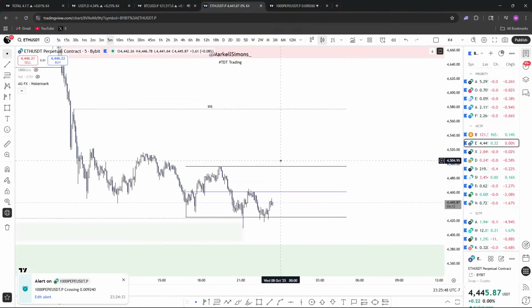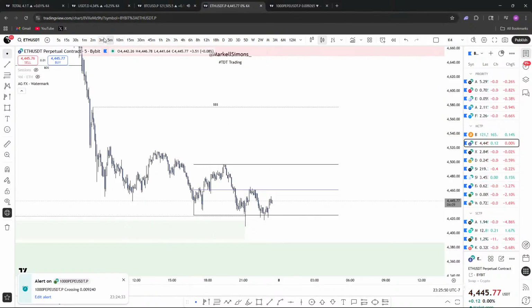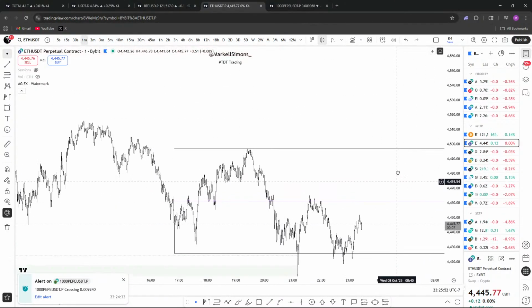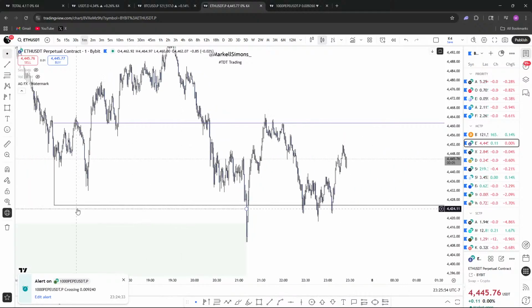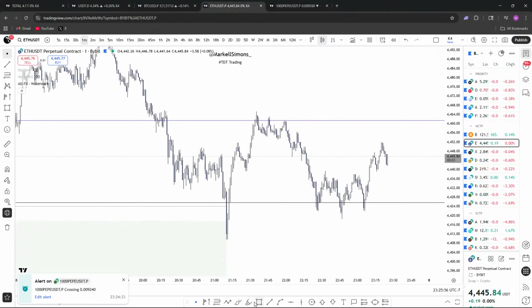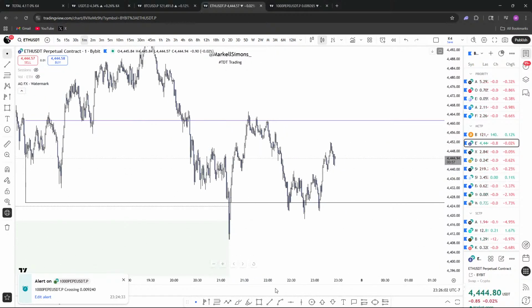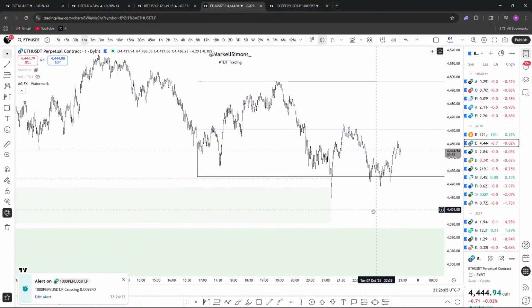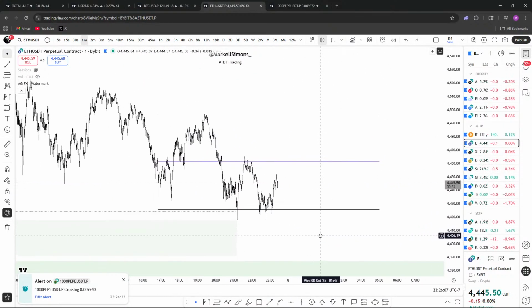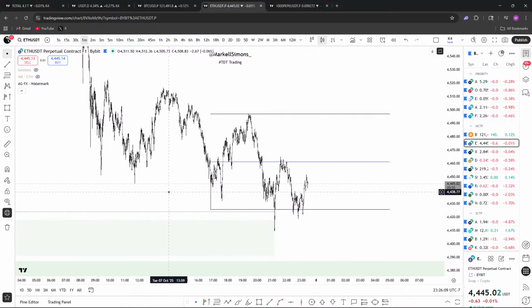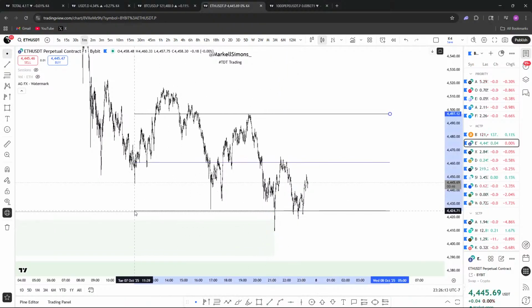All right, let's see. Is Ethereum in the actual model right now? And it doesn't look high probability at all. I'm not gonna lie. Yeah. This doesn't look high probability. Now if you pull it from here,